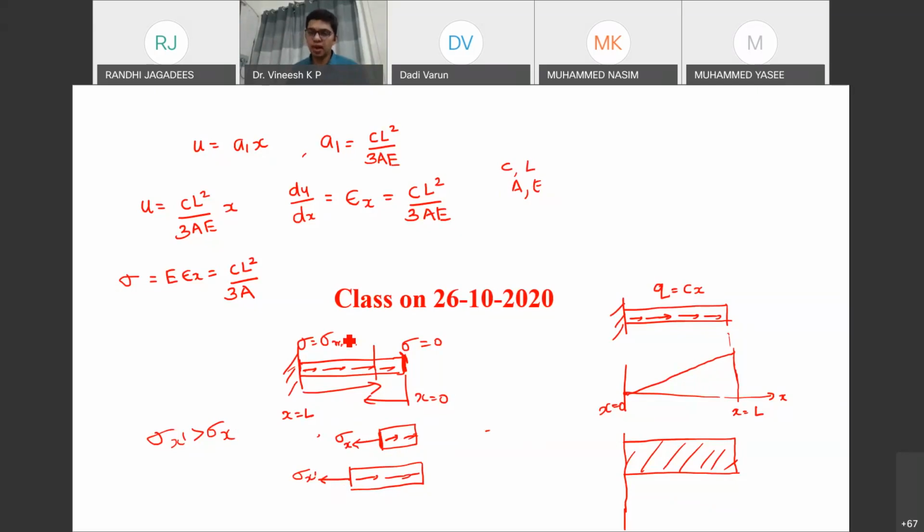So how can you make the problem more accurate? You have to have a better approximation. Here I have considered an approximate function of polynomial of degree 1. So how can I increase the accuracy of the solution? If you are able to consider a better polynomial of degree more than 1, then you can have a better solution. You may not have an exact solution, but you will have a better solution than this one. Okay, so we will consider the next approximation.